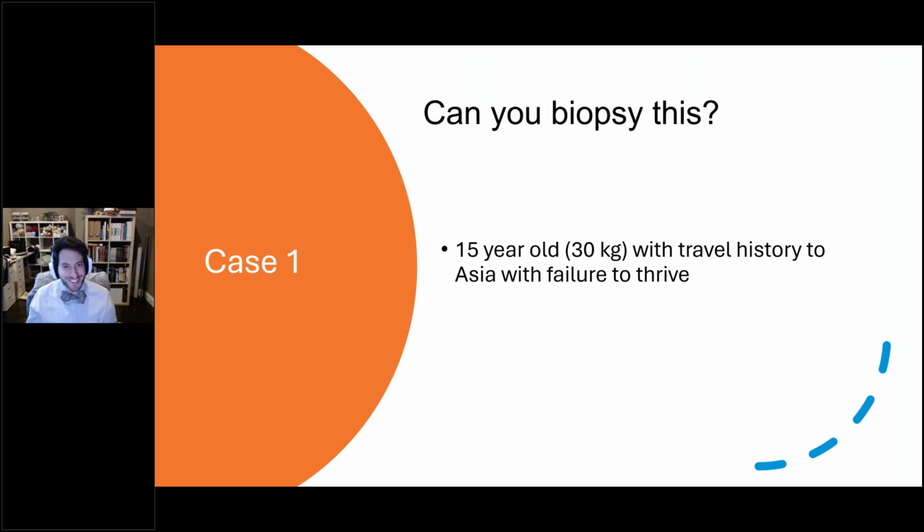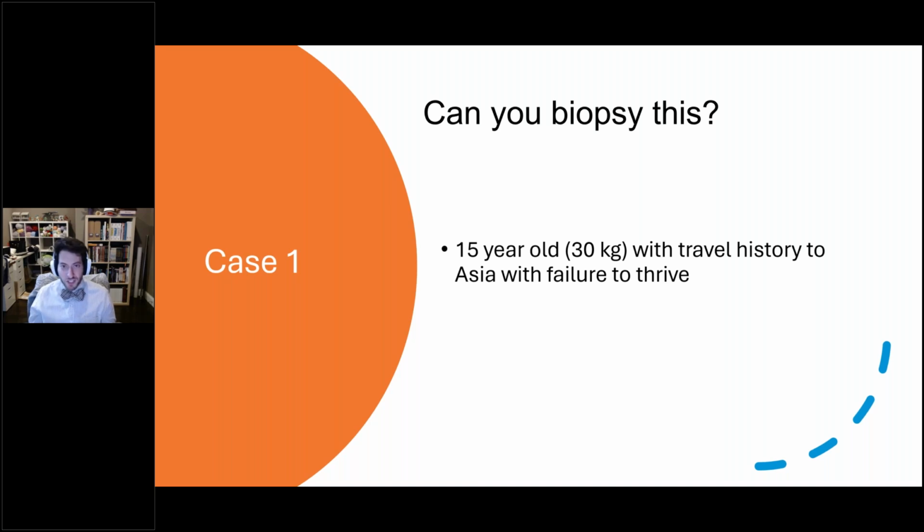So frankly, when I get questions in the children's hospital, it's not usually problem focused as much as procedural focused. They'll ask me something like, could you put a valve in this? Can you biopsy that? Could you please put XYZ and XYA? And so the first case that we're going to try to explore today is the 15-year-old, 30-kilo child who comes